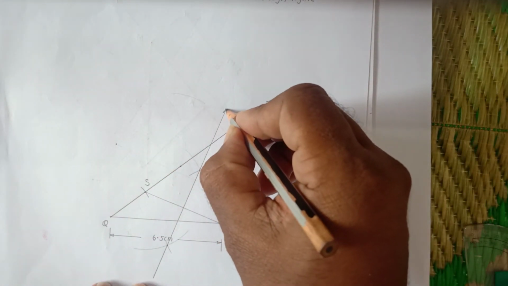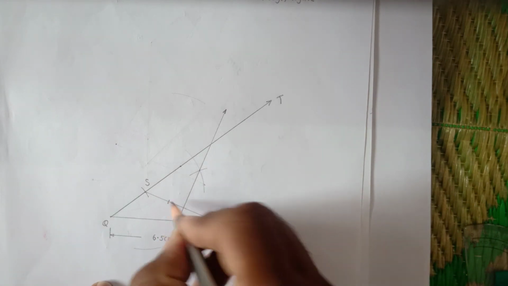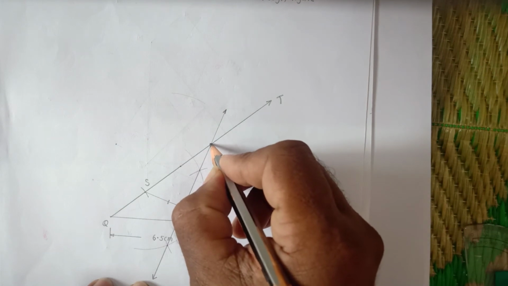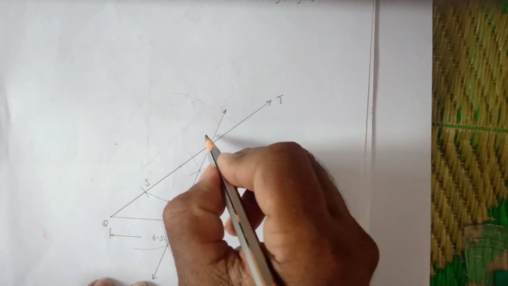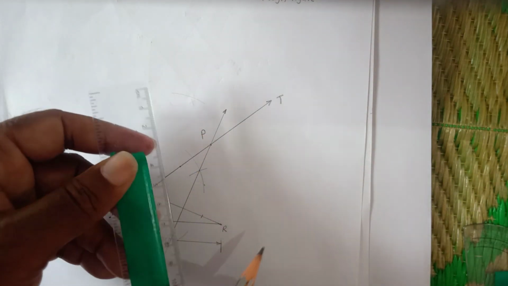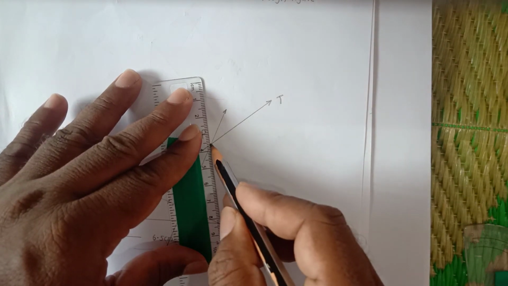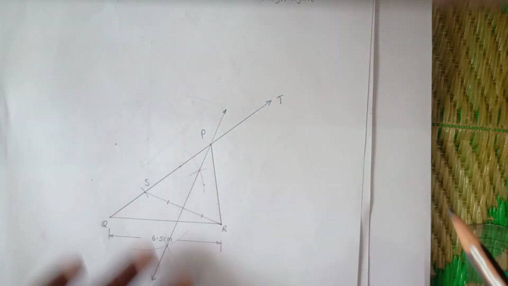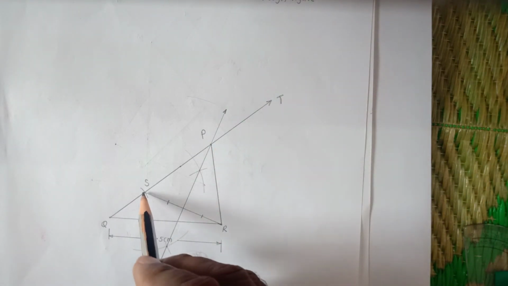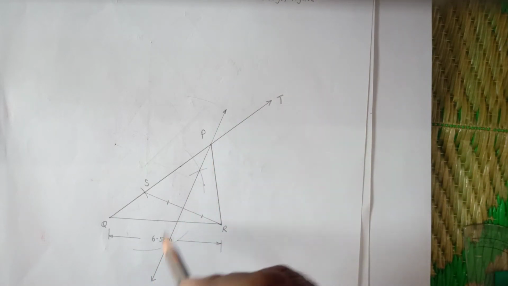So this is the perpendicular bisector of SR. Therefore these 2 segments are equal. Now this point is point P. Join now P and R. This point P is equidistant from the points S and R because it lies on the perpendicular bisector of